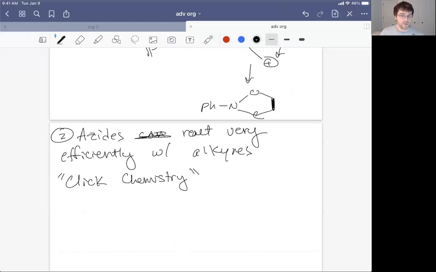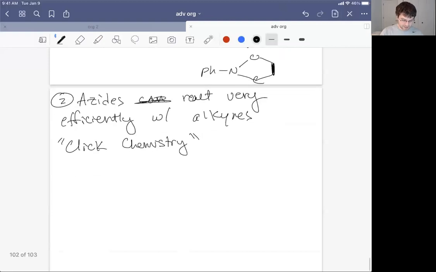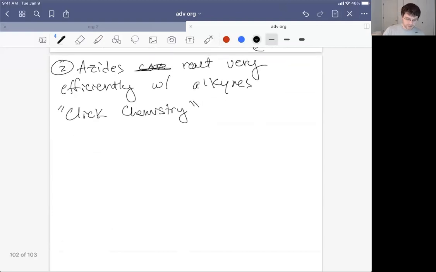Well, what you can do then is do this reaction inside biological systems with only very small amounts of your chemical reactants, which could be useful if you want to do controlled scientific chemistry, that is things that we design in the lab, inside of a living organism for imaging purposes, as an example. And so what this looks like is if we take phenyl azide, which is equivalent to